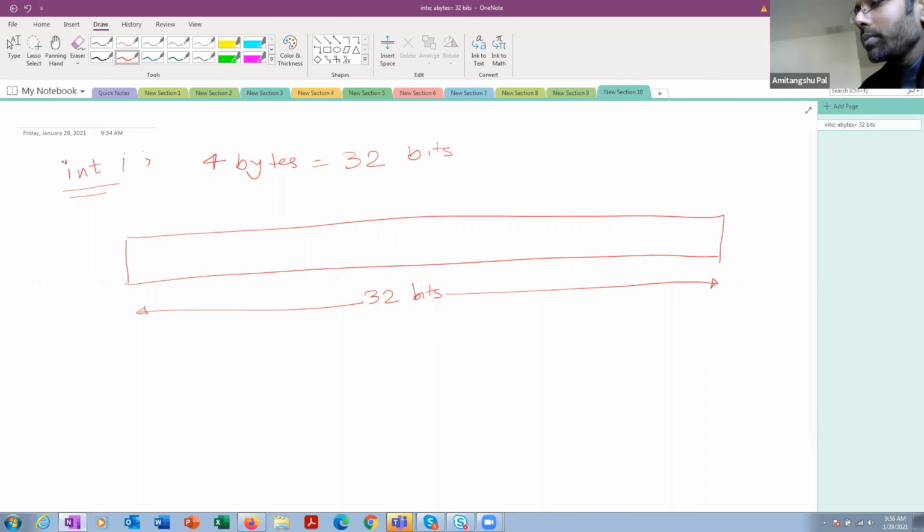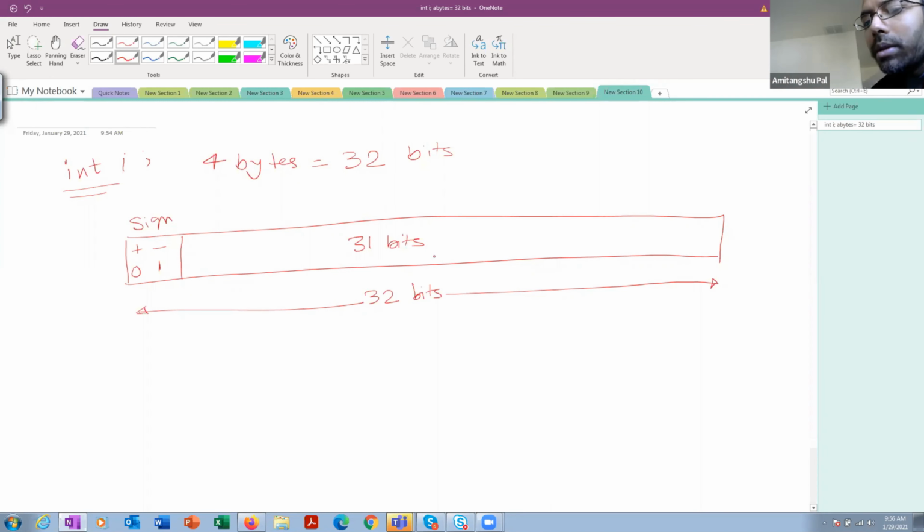So one of these 32 bits is used to represent the sign, plus or minus. Whenever it is plus, this bit is 0. Whenever it is minus, this bit is 1.